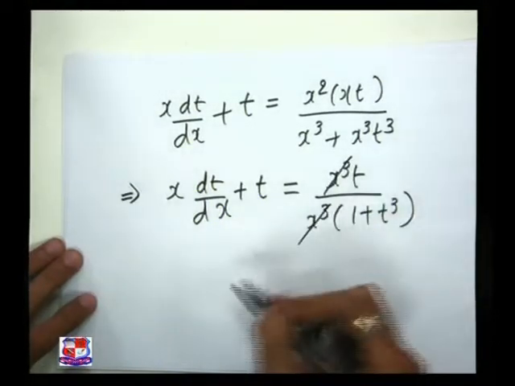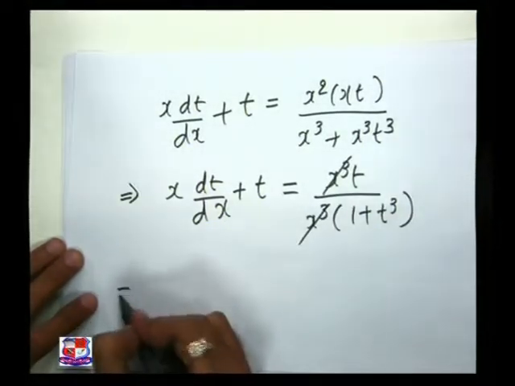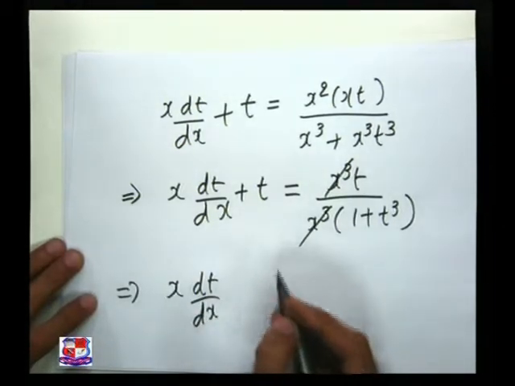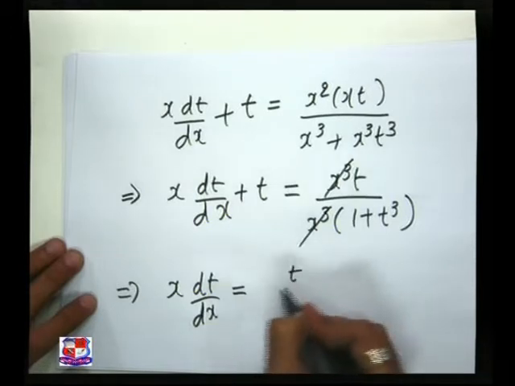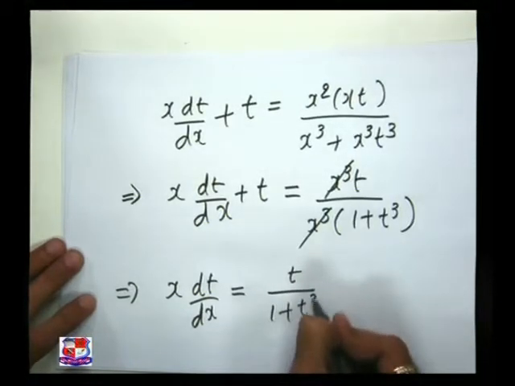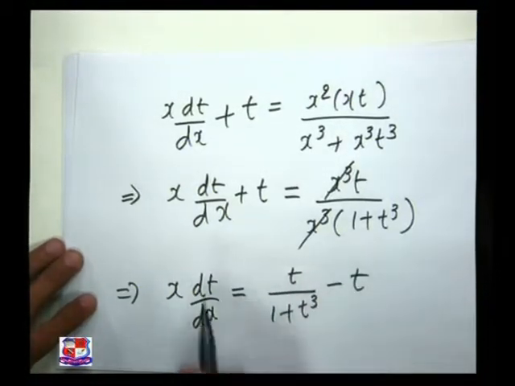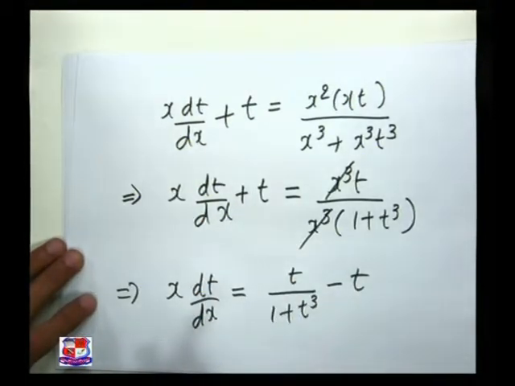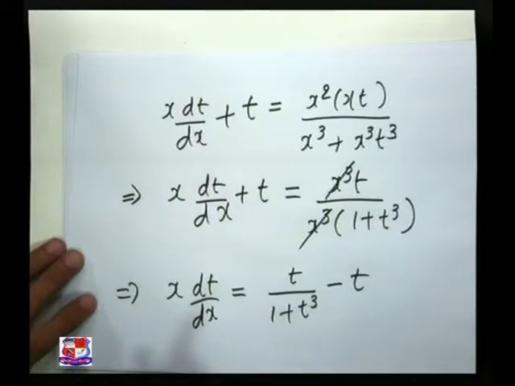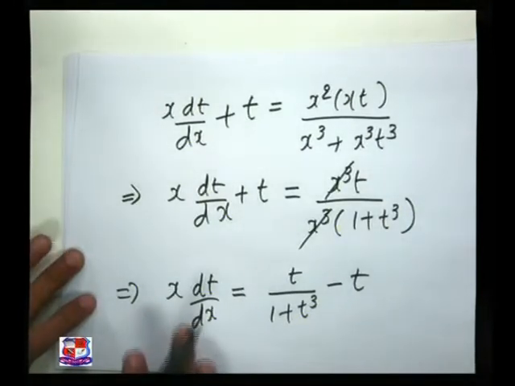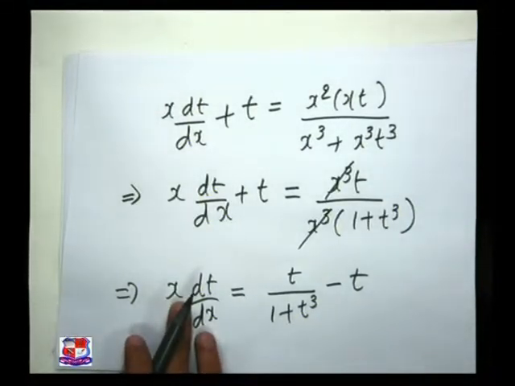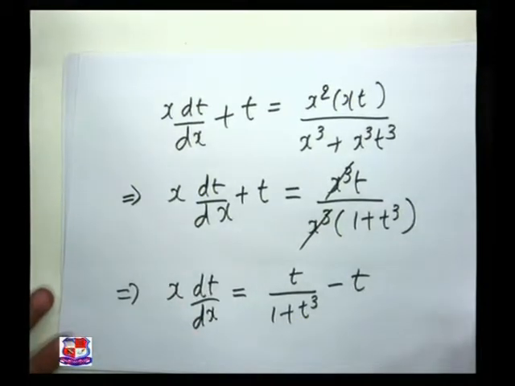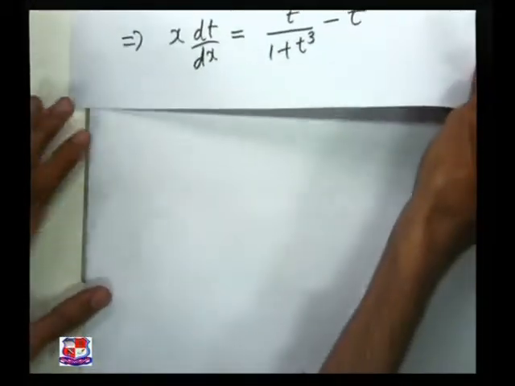So x cube cancels, so after all I will get x into dt by dx is equal to t upon 1 plus t cube. This plus t comes to this side, so this is minus t. So x into dt by dx is equal to t upon 1 plus t cube minus t. By simplifying this term,